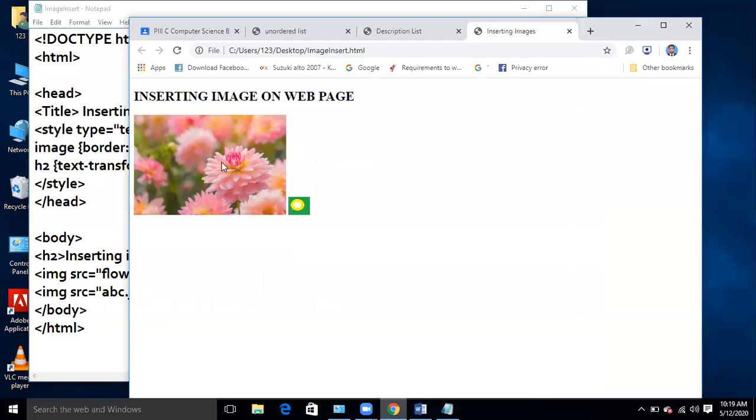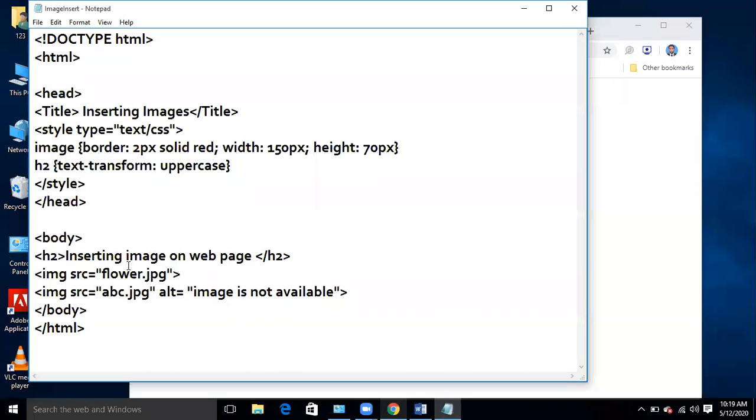Now you will see that flower.jpg, this is the file which is available on my desktop, and it is being shown over here. Acha ji, ABC is the file which is being shown over here because it has found ABC. ABC is the file which is available on my desktop. Okay, I change it to some other name which is not available on my desktop. Then we will see what will be the output. XYZ.